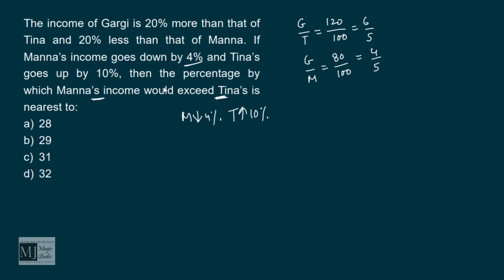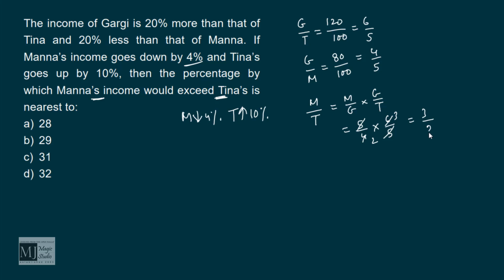Then we need to find the percentage by which Manna's income would exceed Tina's. Let me calculate M by T. Can I write this as M by G into G by T? M by G is 5 by 4 and G by T is 6 by 5. So this ratio is actually